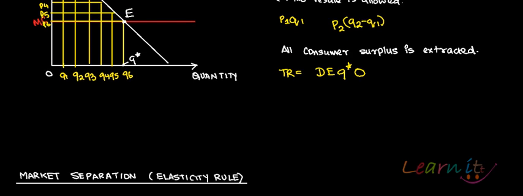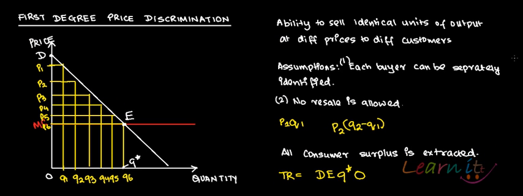And the question is, what we have seen in our first degree price discrimination, that monopolists identify each and every customer's demand curve. Do you think it is reasonable? Do you think that a monopolist can identify the demand curve for each and every individual customer? No, this is not a plausible assumption. So we get into market separation or third degree price discrimination, in which